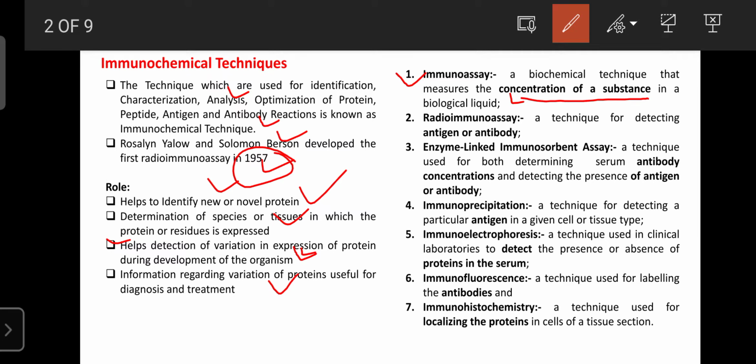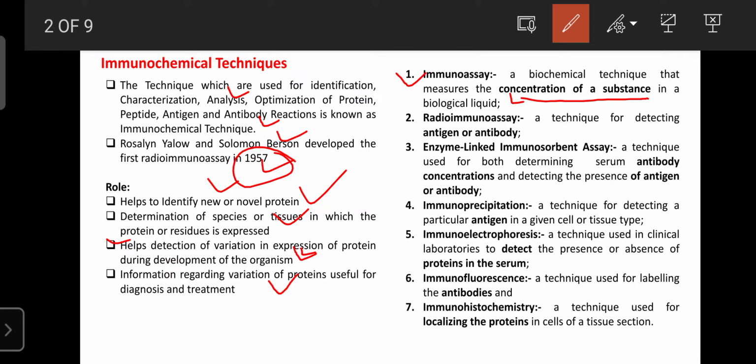For example, if we are suffering from hyperthyroidism, monitoring the T3 and T4 levels in the blood can give an idea regarding hyperthyroidism. During hyperthyroidism, the T3 level and T4 level, as well as the thyroid stimulating hormone level, increase. By quantifying or measuring that substance through an immunoassay, it is helpful for the diagnosis of hypo- or hyperthyroidism.